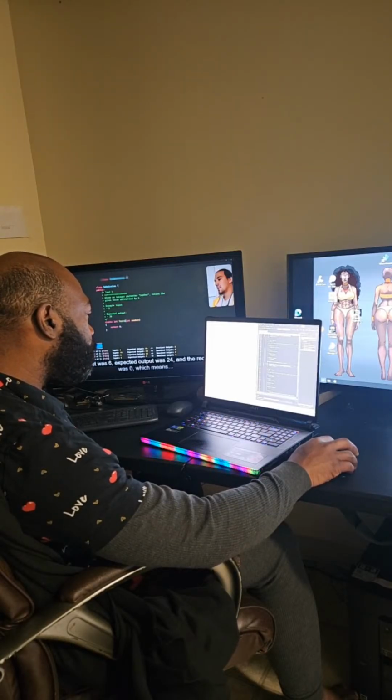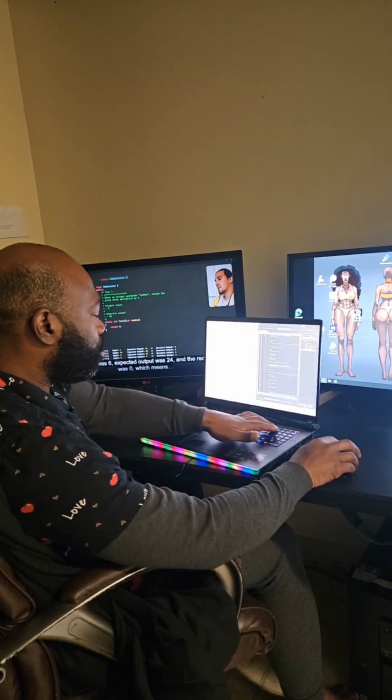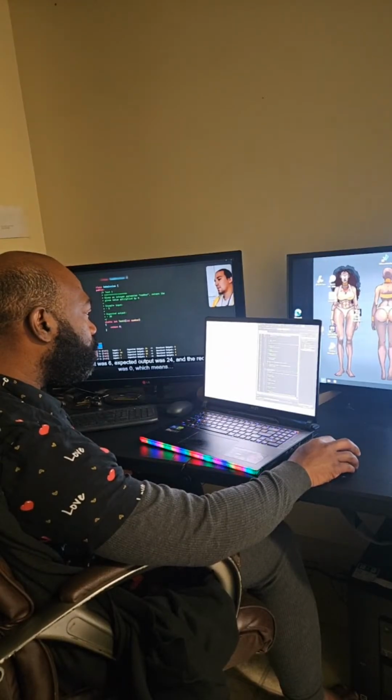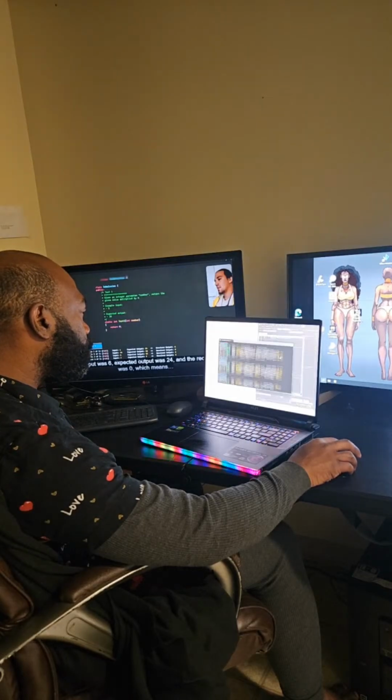Unassigned long value to string to long value, return value. There's 2 semicolons, get rid of those. Rebuild solution, and then